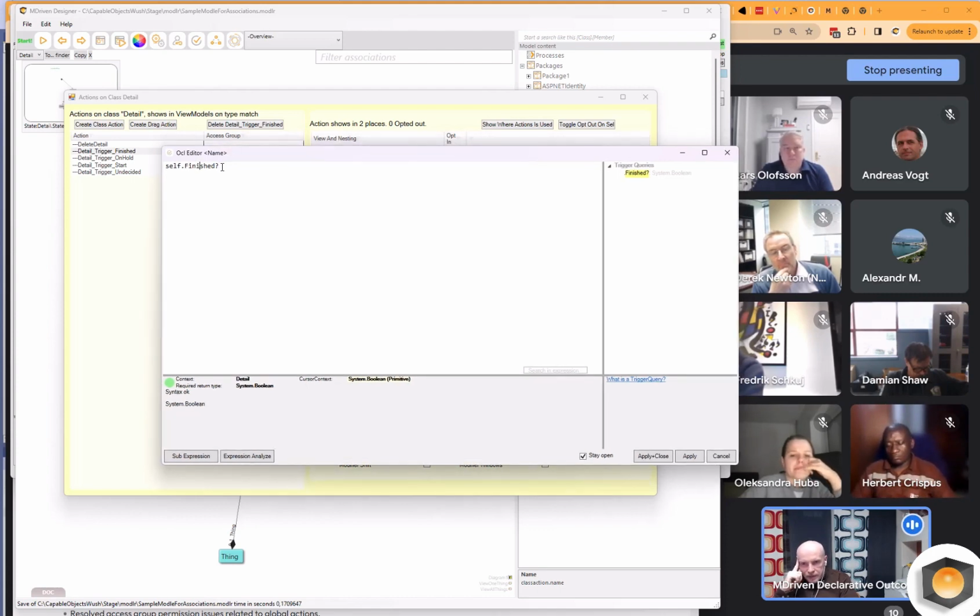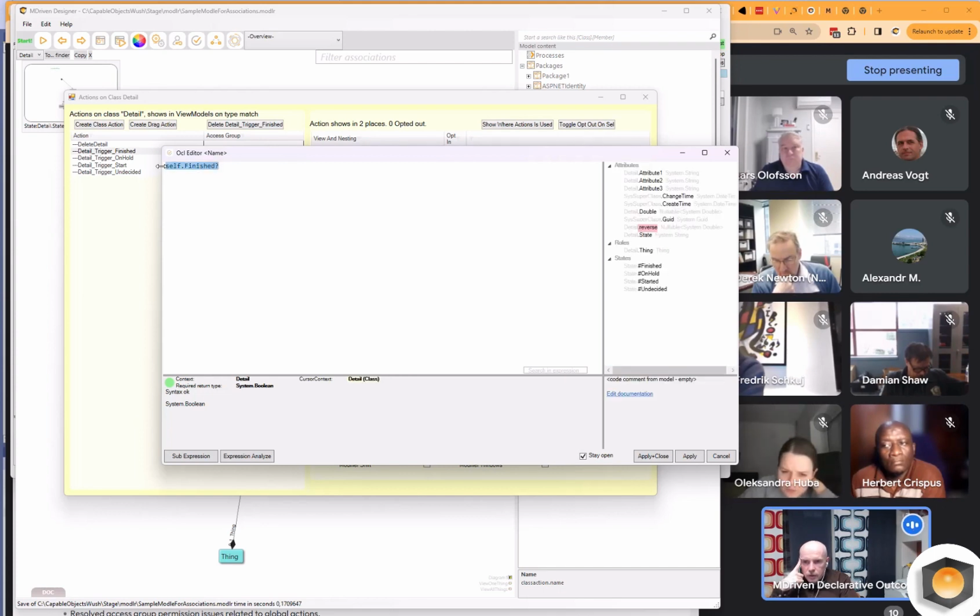So all methods have a query operator, which is the question mark, that will evaluate to a boolean to see, is this enabled, question mark, will we be able to go here?